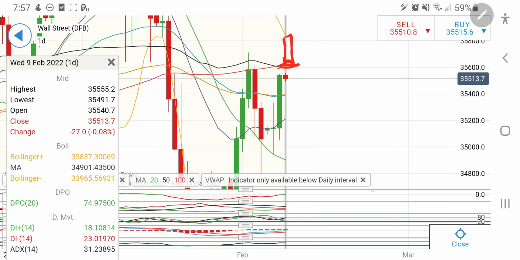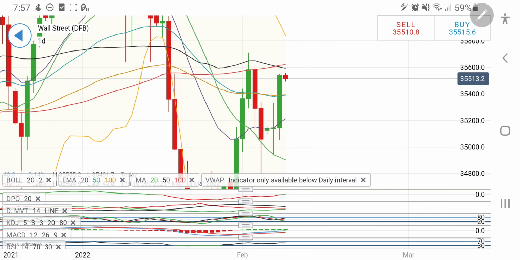Yesterday we saw a good breakout. That is what I told in my daily analysis specific to US markets, that beyond 35,250 and 35,350 it will rise sharply towards the 35,500-600 zone. Now it has landed in the 35,500-600 zone. Once it breaks 35,600, definitely there will be a stronger move today again. So please take your positions accordingly.